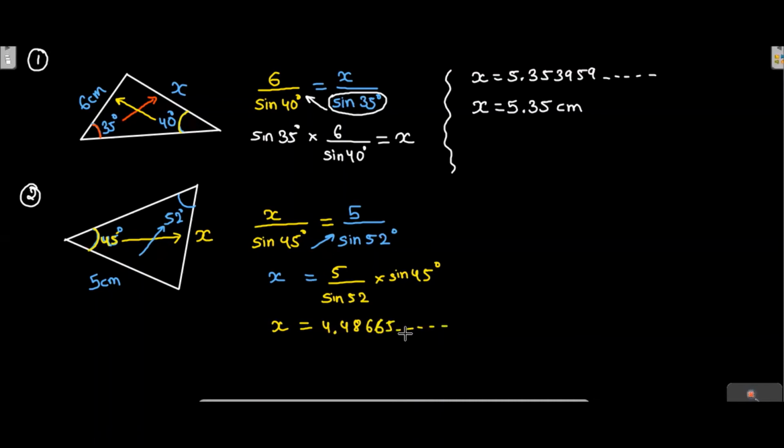it's important to mention the dot dot dot because it indicates that the number has not stopped there. There are more numbers behind 5. Okay, it's not only till 5. And now we will round off this value up to 3 significant figure, 4.49 centimeter, because it is given in centimeter. Okay, so yeah, this is how you should solve the question.